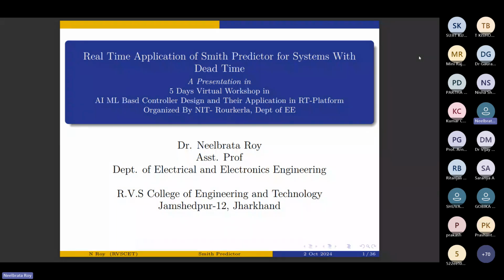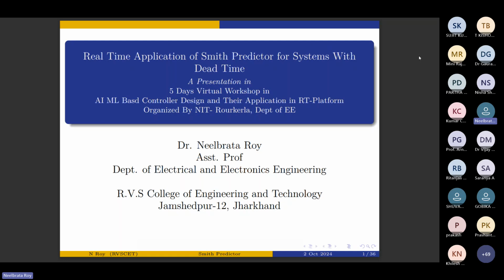Good evening, everyone. My name is Neelbrata Roy. I am here to present on the topic real-time application of Smith Predictor for systems with dead time in the presentation of the 5 days virtual workshop, AI/ML based controller design and their application in real-time platform. I have done my PhD from IIST Shibpur and presently serving as an assistant professor at RVS College of Engineering